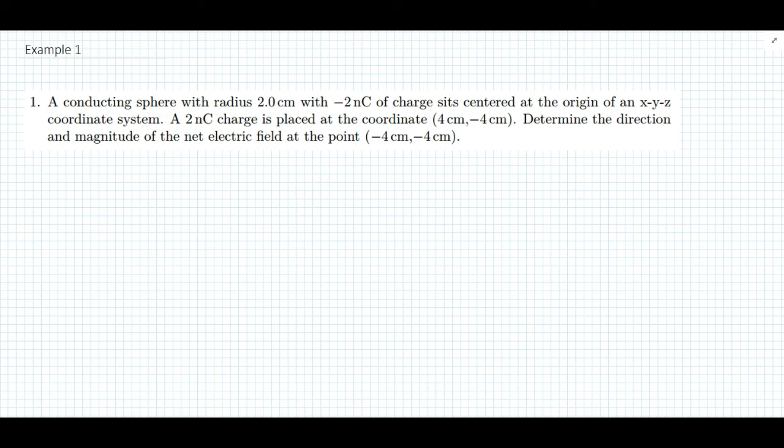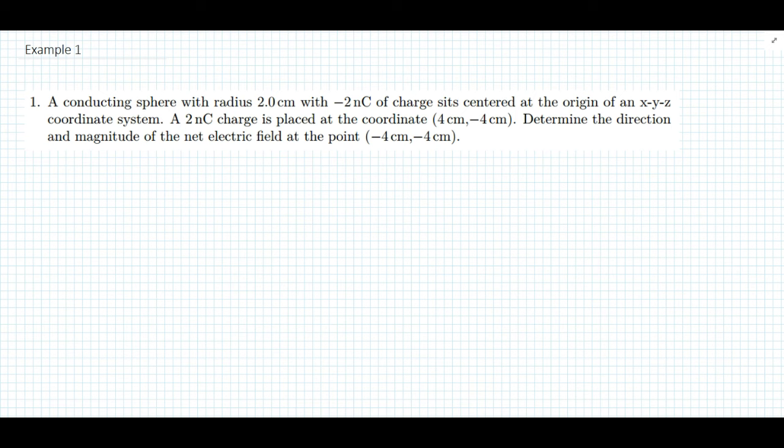Alright, so I'm going to work out example 1 here. Again, I'm going to assume that you've read this problem, that you've tried to work this problem. I'm not going to read through the problem statement all too much, although this is pretty short. Basically, it describes a spherical conductor that has some charge on it. There's another charge that's near that spherical conductor, and we're trying to calculate what the net electric field is at